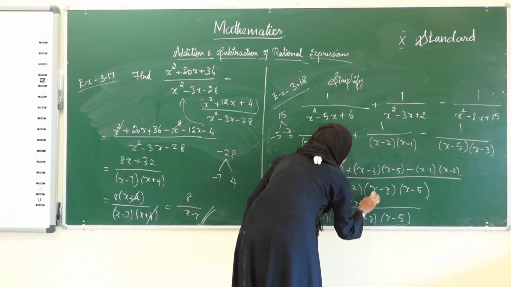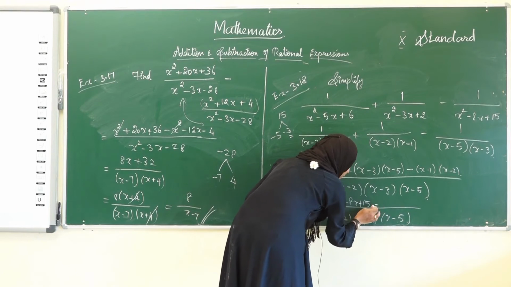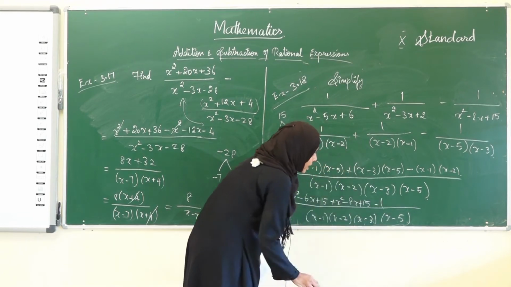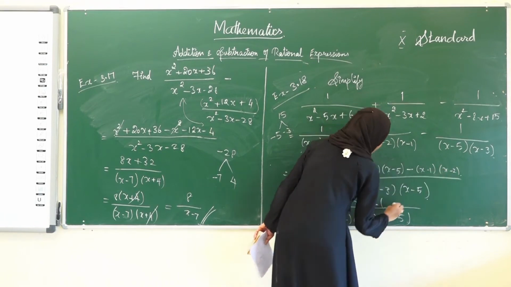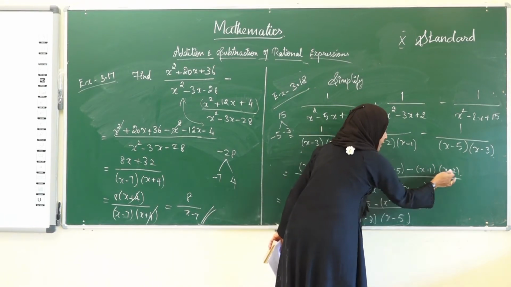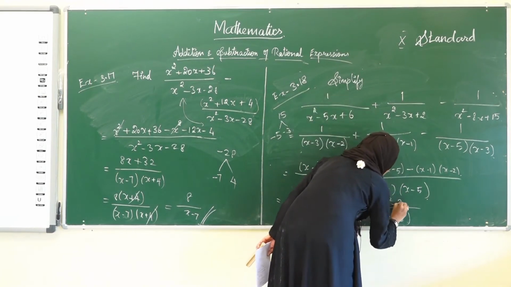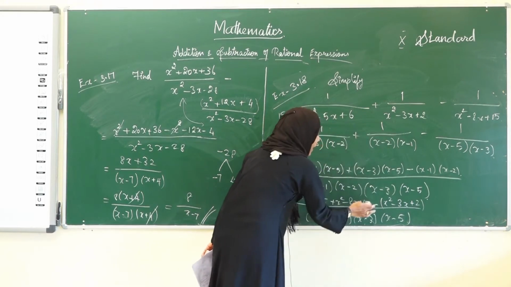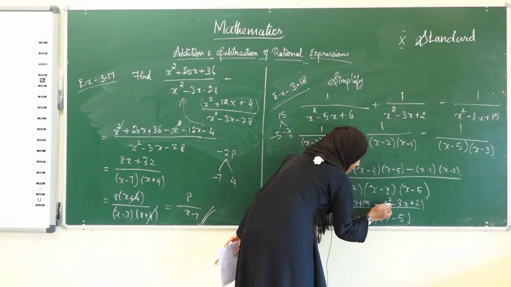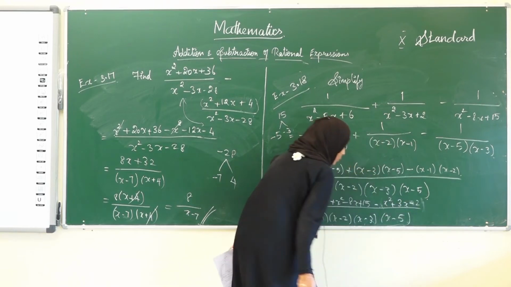Plus, minus into minus plus, 5 3s are 15. And then we have minus, okay, minus into this will be x square minus x minus 2x. Minus x and minus 2x, on adding that we get minus 3x and then plus 2. See here we have to change the sign, right? Minus x square plus 3x and here will be minus 2.